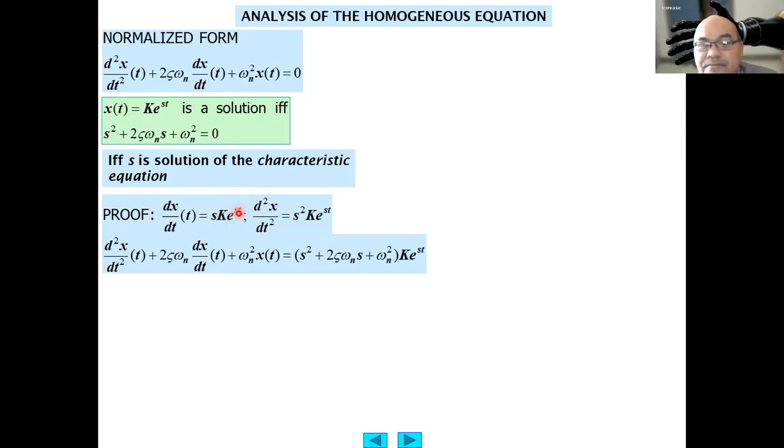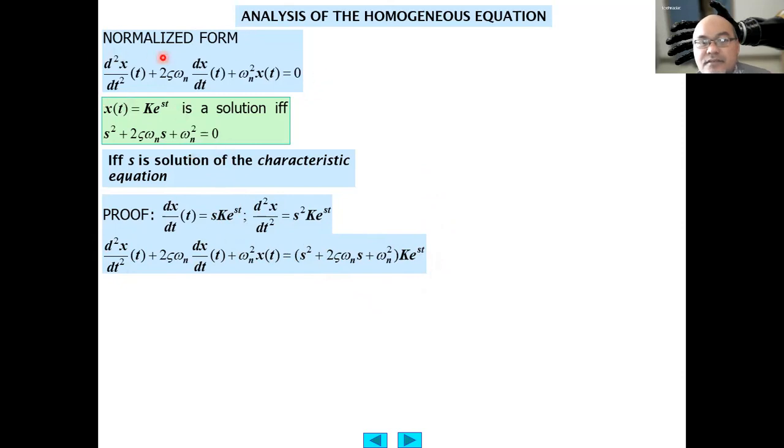So the term k e^(st) can be put outside the bracket using the distributive law. The term inside becomes s² plus 2 zeta omega n s plus omega n², times k e^(st). So this is really the solution of